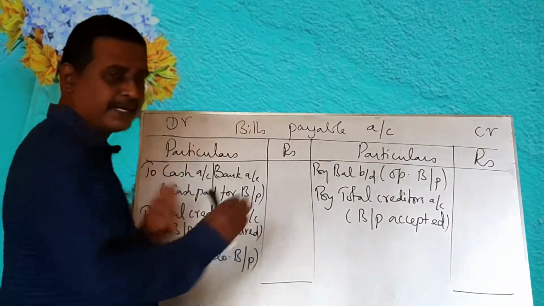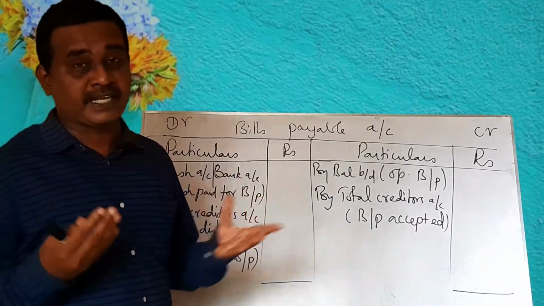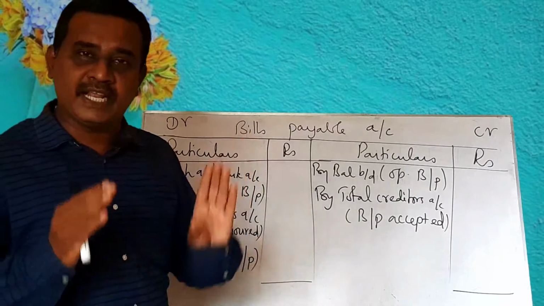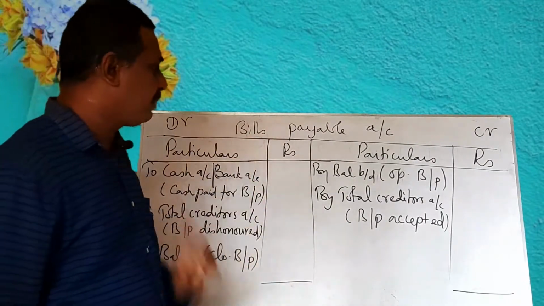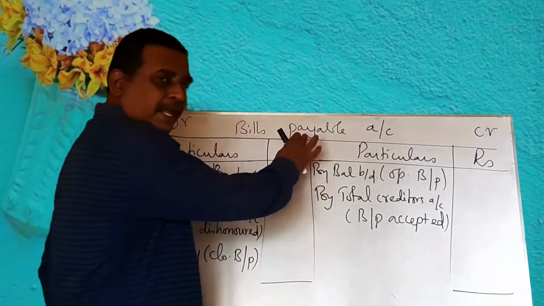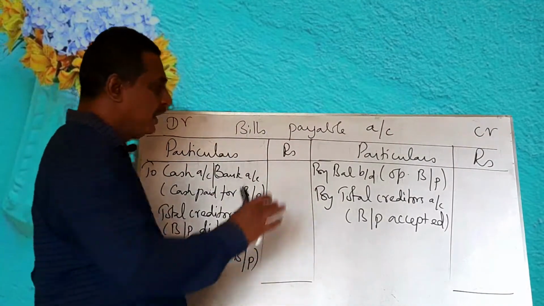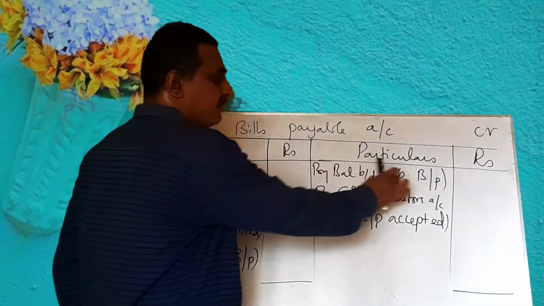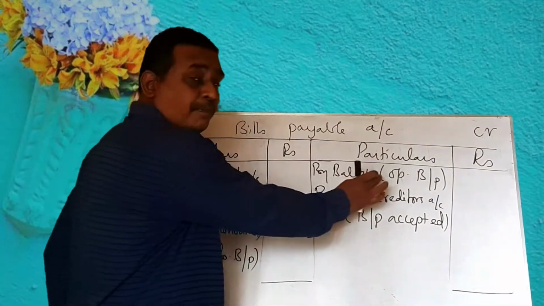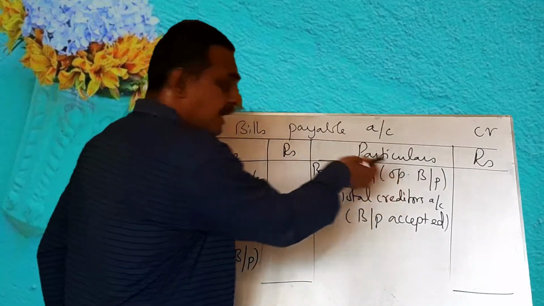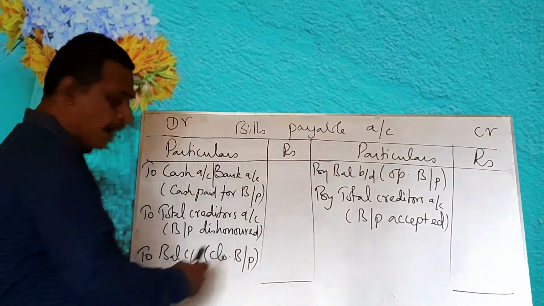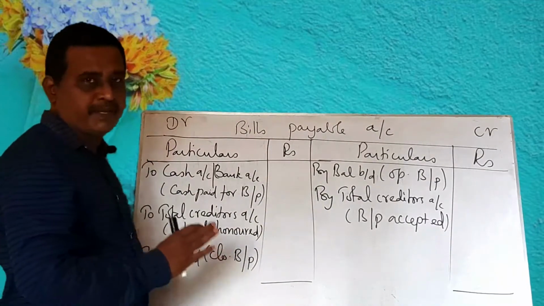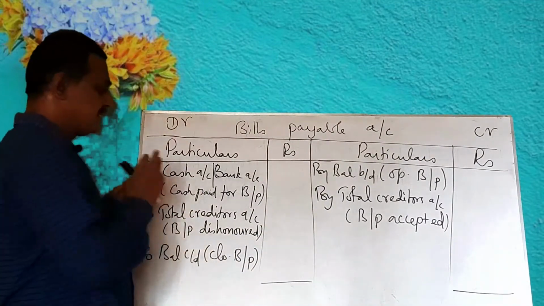Let us see the format. I have told you several times the format is made only on the basis of the journal entries. Let me explain one by one. See, bills payable is a liability. So, liabilities always show credit balance. So, opening balance will come in this side. If opening balance comes in this side, closing balance will come in the opposite side. This will be known to you and it is well familiar for you. And let us come to this side.